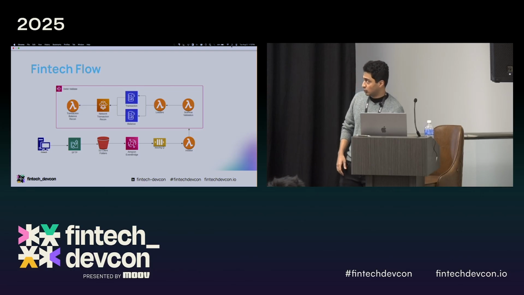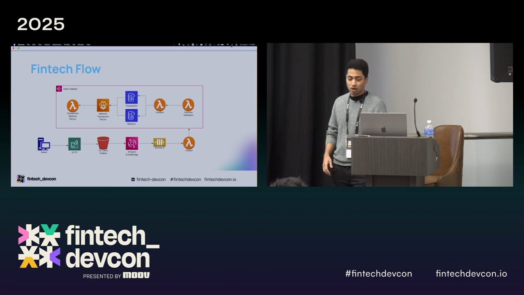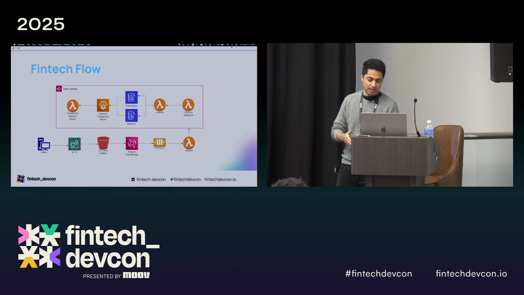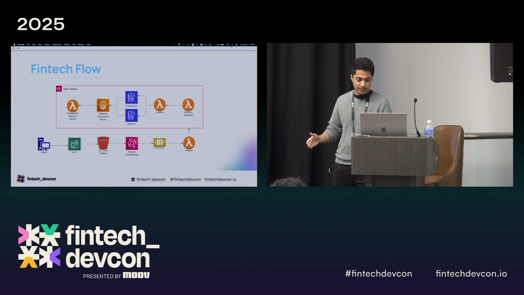So that was the network flow, but what happens on the fintech side is they drop files into the SFTP folder, and very similar to the previous flow, this moves from the SFTP folder to the S3 bucket, and then to Amazon EventBridge, where we have certain rules, and moves it to the queue. Then the initiator sees that this was a fintech file, and it starts a validate step function. The step function is an orchestration layer, and this is where we validate that the schemas align. We load a lot of this into our DynamoDB stores, and then we run a couple of the recons,